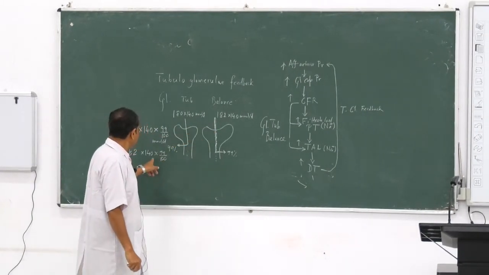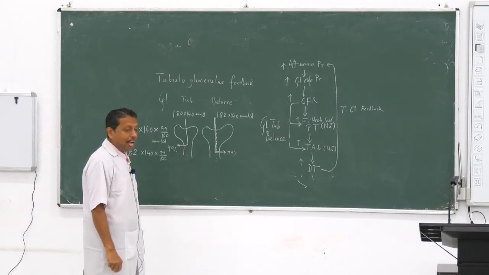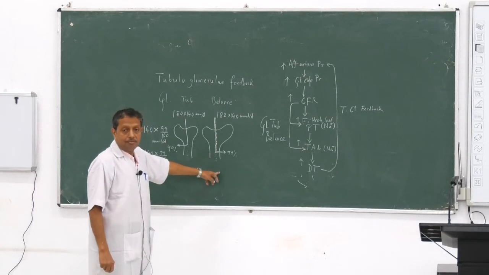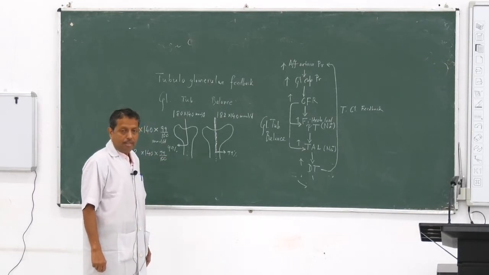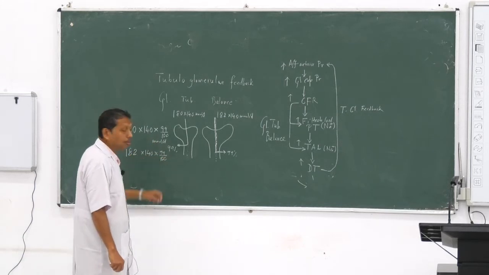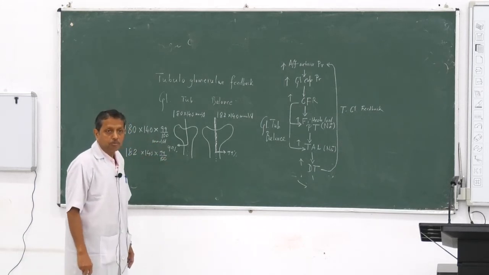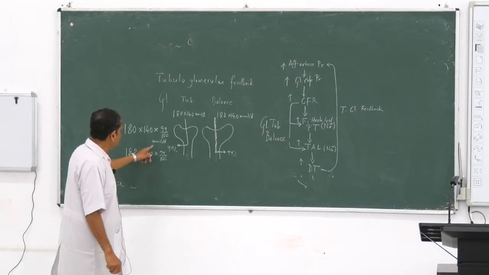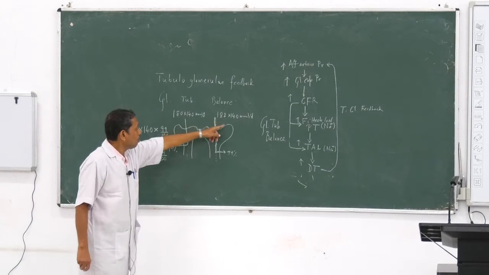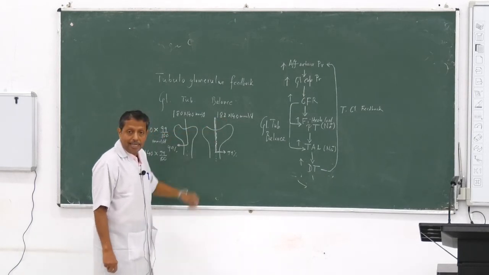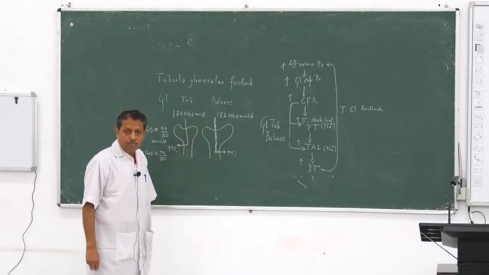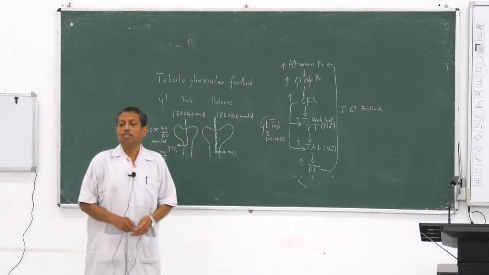When you calculate, you see that there is a minor increase. If this value remained constant, and only 2 liter per day more were filtered, then there would be considerable loss of sodium, but it does not happen,